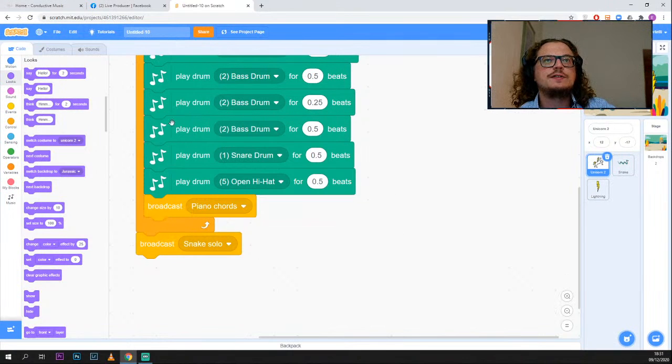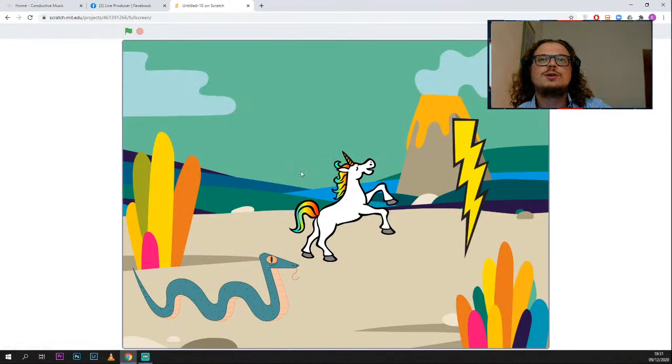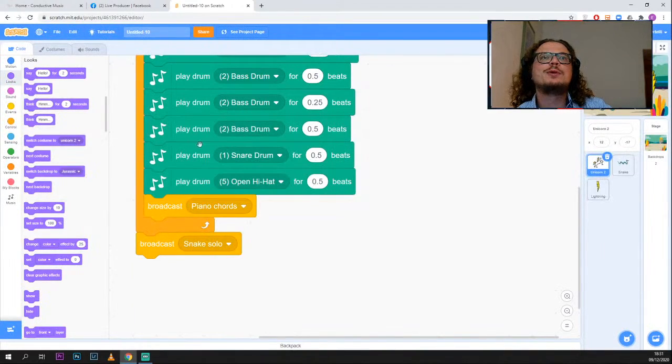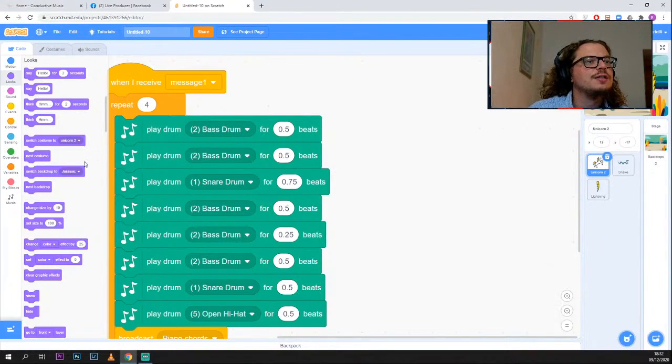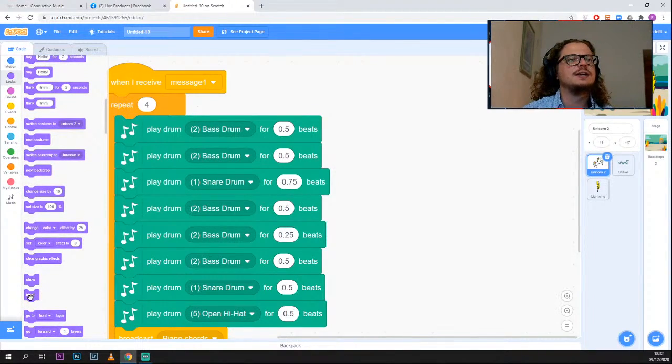It's playing the pattern 4 times, and at the end of each iteration it's gonna trigger the little solo by the snake. But on the very last one, we want the broadcast, the snake, to be playing solo. And what you can do, which is pretty cool, is make these disappear. So, for example, I think there is a hide. There we go. So you see this block, hide. I can make the